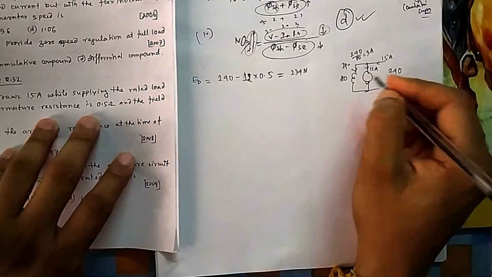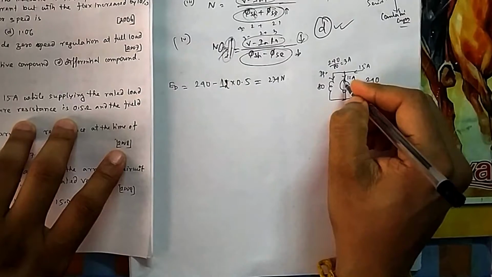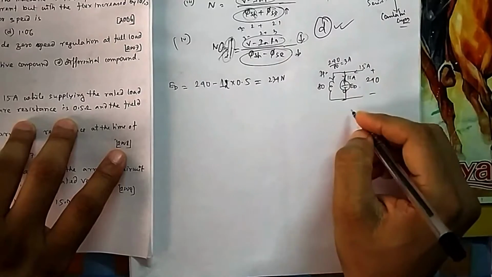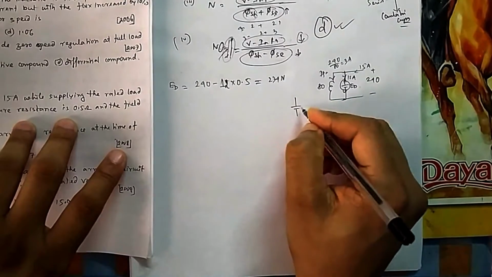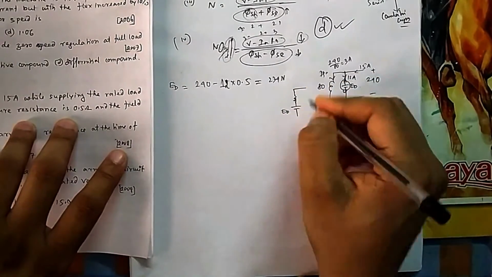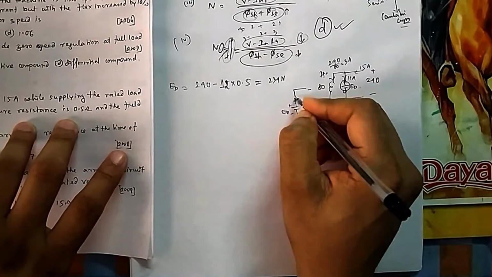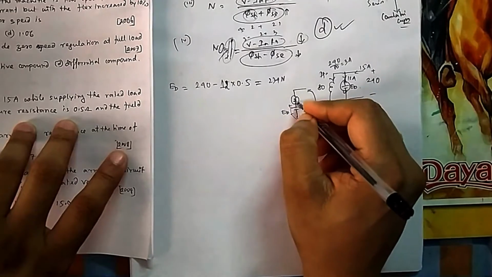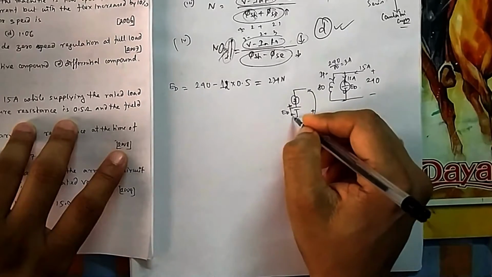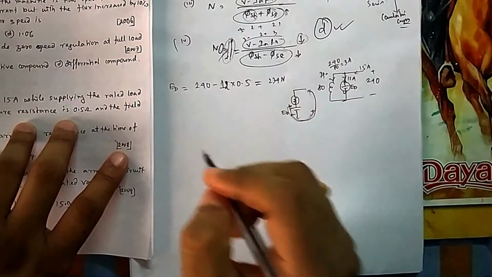Now this was your back EMF, this was generating. Now suddenly if you change the polarity, suppose there is an impedance here and the polarity is plus minus EB. It was plus minus. Now if you suddenly change it, the polarity will look like this. EB is already there because the motor is still running. The motor has not stopped and it is running in the same direction, so EB will be the same, and you have suddenly changed this polarity. So across this resistance the entire voltage will come, because you can see this and these will look like batteries, one battery under another. So they will be connected in series. So the entire voltage, this plus this terminal voltage, will come across this.